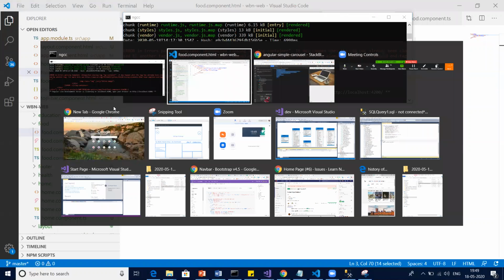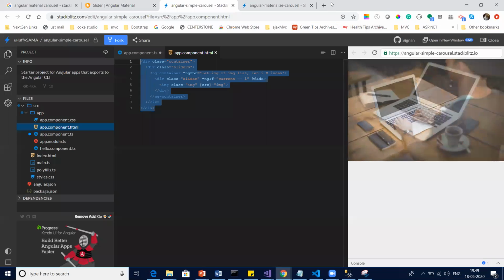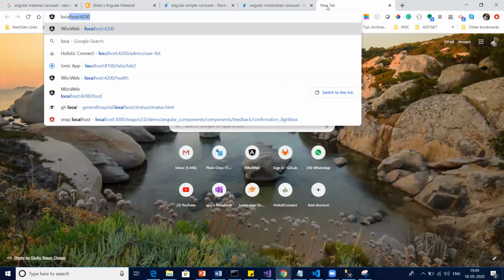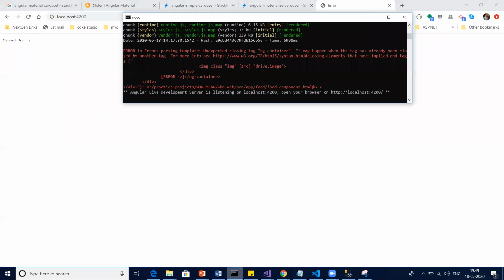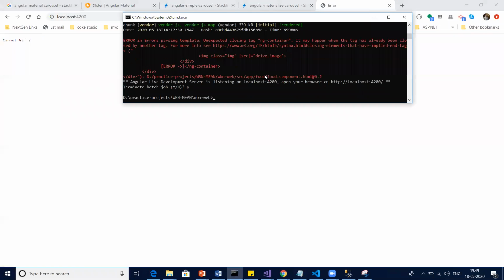Now let's see the browser. Kill the server, start it again.